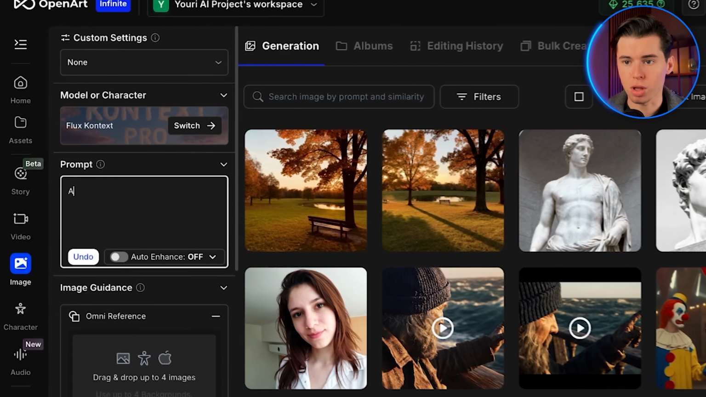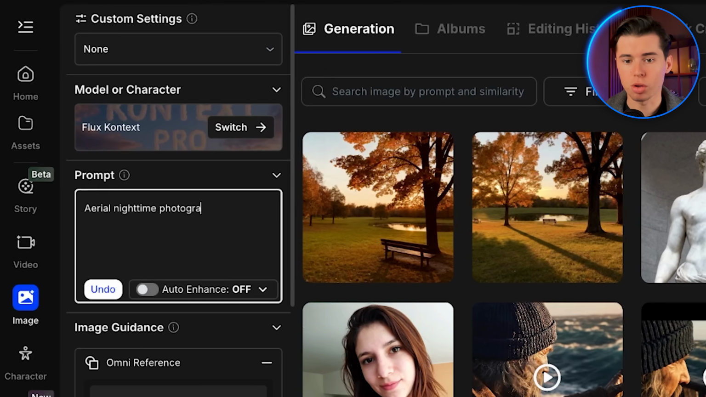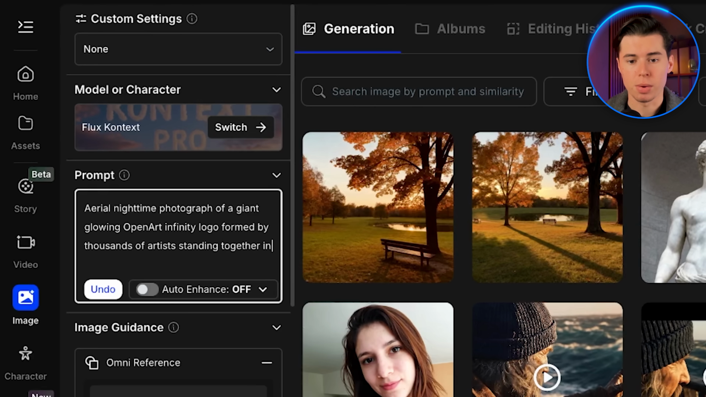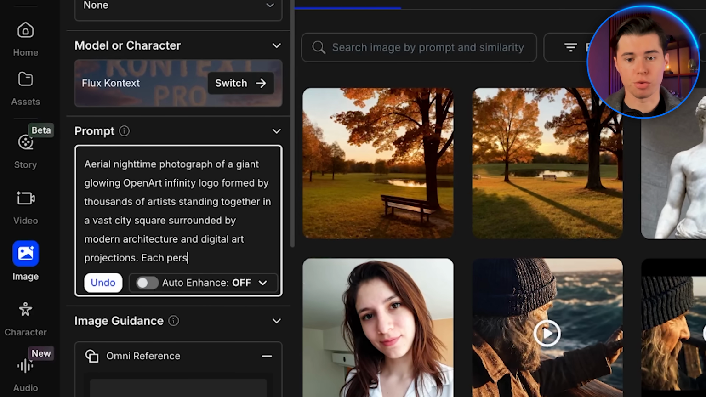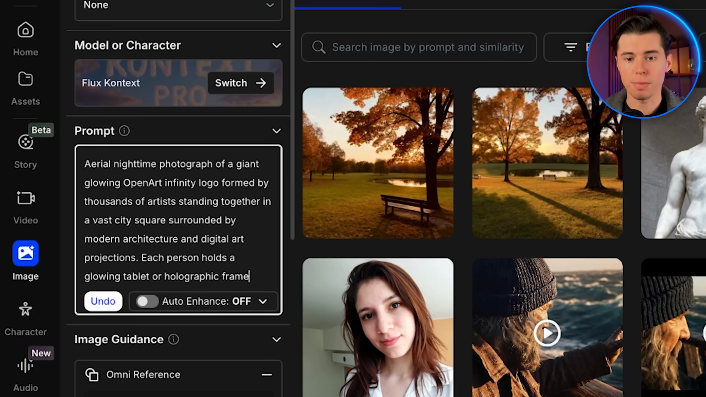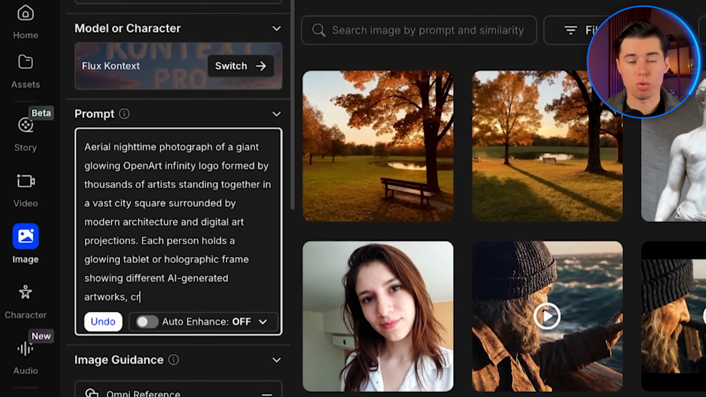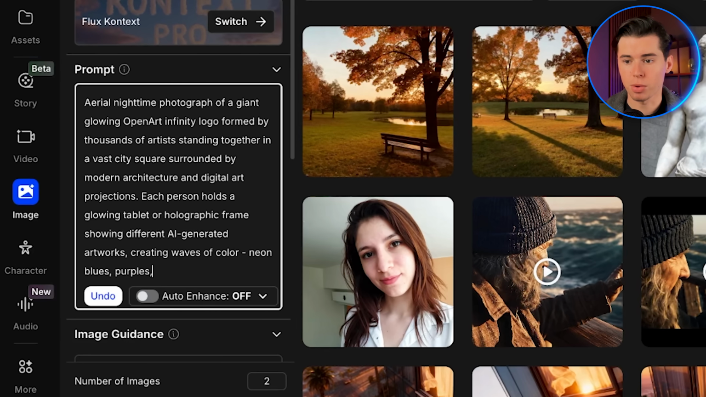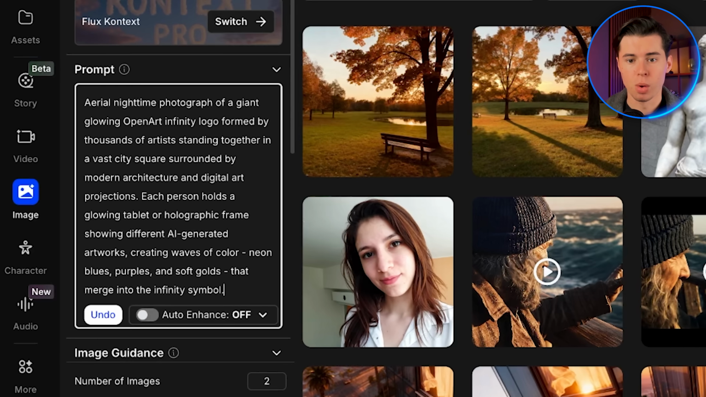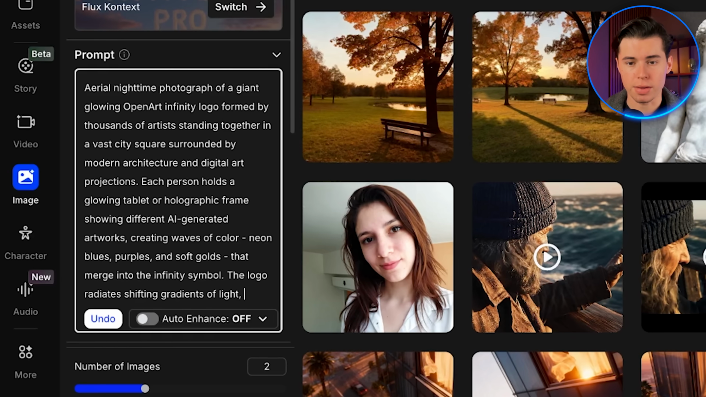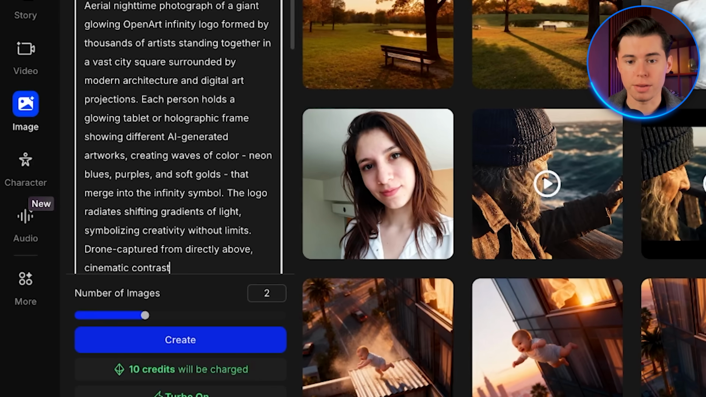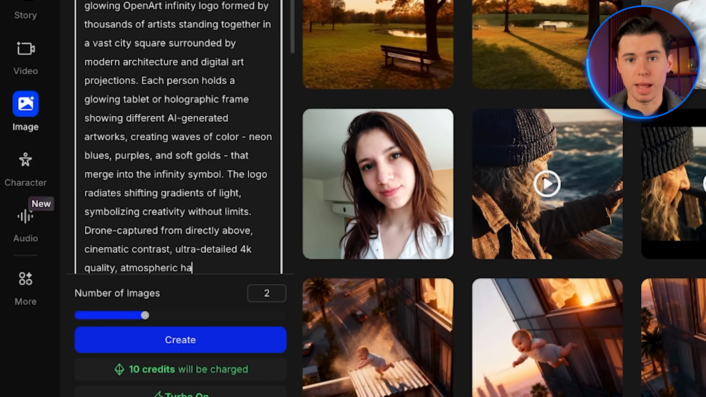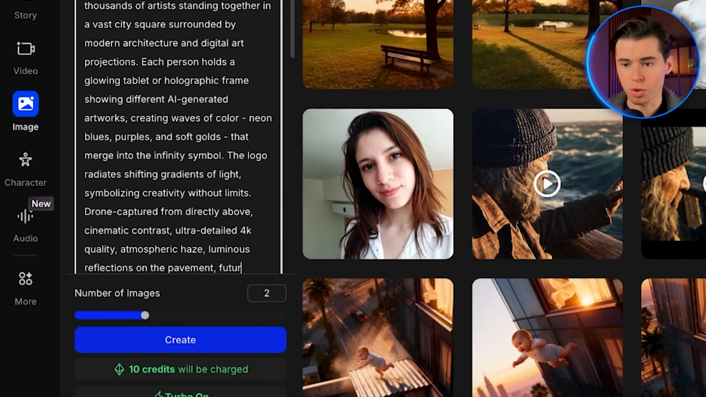I'll go into the image section, write my prompt here: aerial nighttime photograph of a giant glowing open art infinity logo formed by thousands of artists standing together in a vast city square surrounded by modern architecture and digital art projections. Each person holds a glowing tablet or holographic frame showing different AI-generated artworks, creating waves of color, neon blues, purples, and soft golds that merge into the infinity symbol. The logo radiates shifting gradients of light, symbolizing creativity without limits. Drone captured from directly above, cinematic contrast, ultra-detailed 4K quality, atmospheric haze, luminous reflections on the pavement, futuristic yet human,